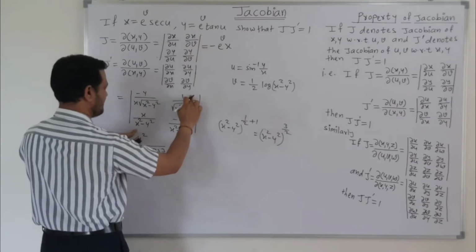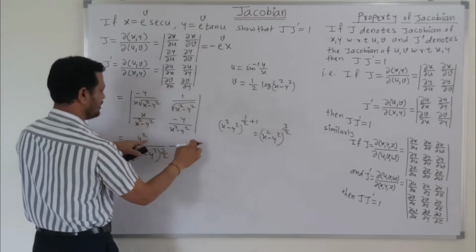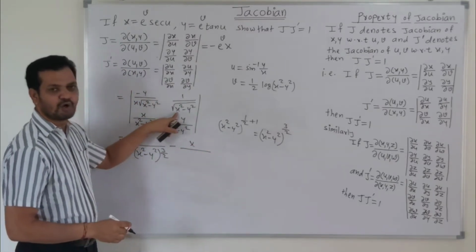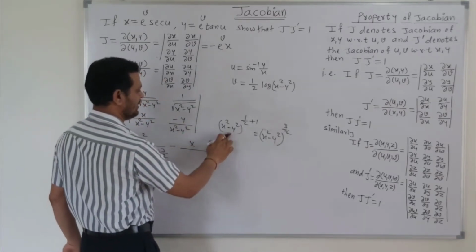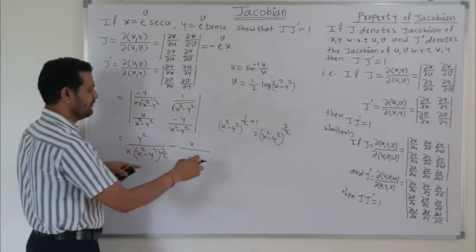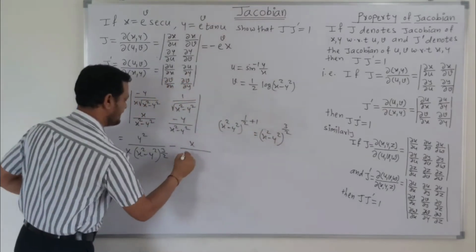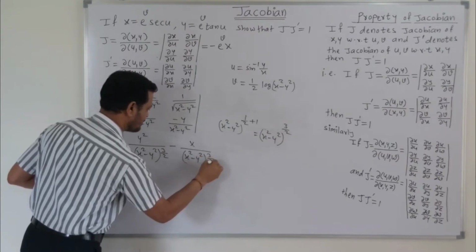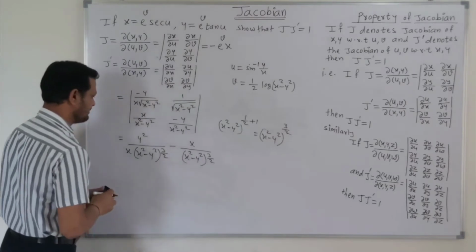So we can write the denominator of this term as x square minus y square raised to 3/2. Similarly, if we take the product of these two terms, then this is minus, then x into 1 is x in the numerator, divided by, again in the denominator, root of x square minus y square. Root of x square minus y square means this is 1 upon 2. Then for this x square minus y square we write this power as 1. So once again if we try to simplify this, then we get this value as x square minus y square raised to 3/2.